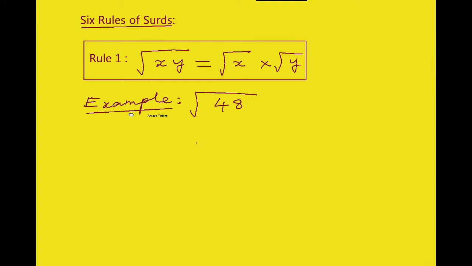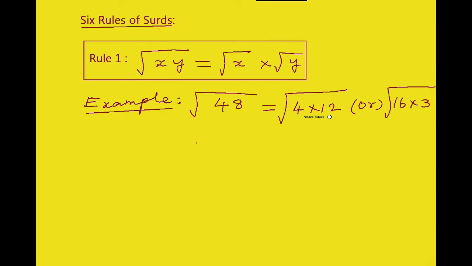Square root of 48. Whenever the question asks you to simplify this, what can we do? We can try to factor this out. One of them can be a perfect square factor so that it will be easy for us to simplify. So here this can be 4 times 12, or if you want to do it directly, 16 times 3. This is the highest perfect square possible for 48. 3 16s are 48, 4 12s.